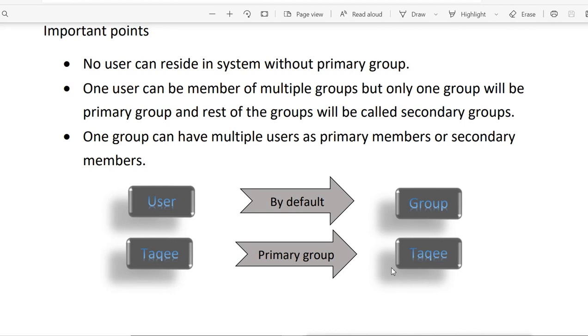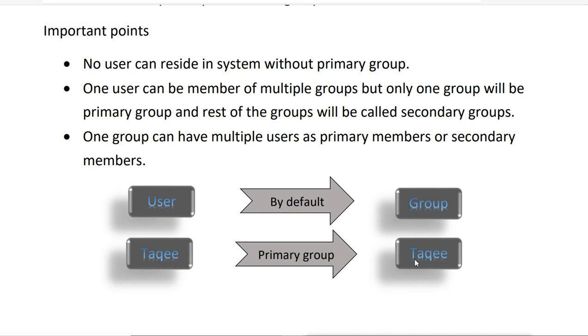And the group is a normal group. It can have hundreds of different users as members, all primary members, or secondary members, or both. A group can have multiple users as primary members, but a user will have only one group as a primary group.